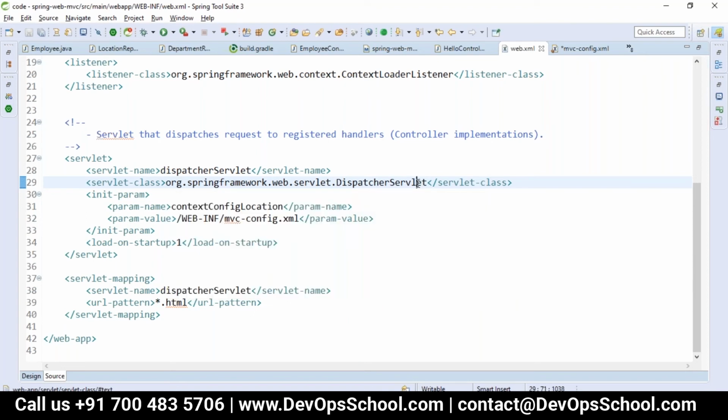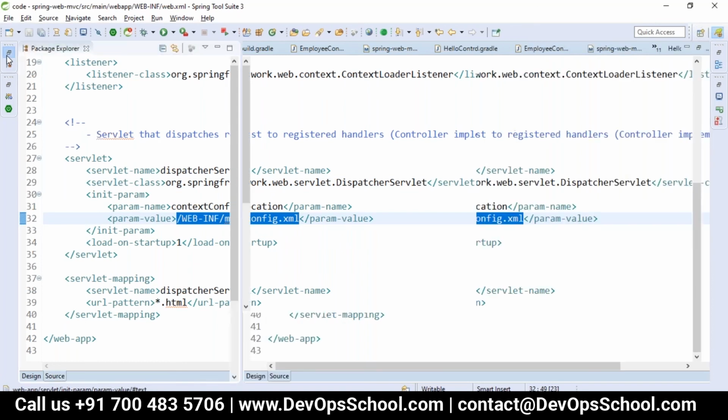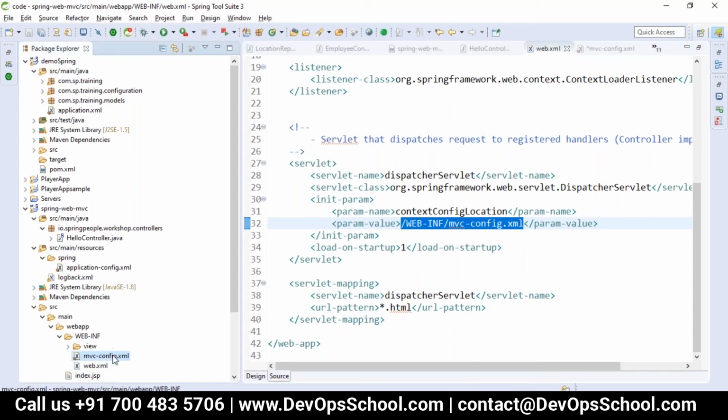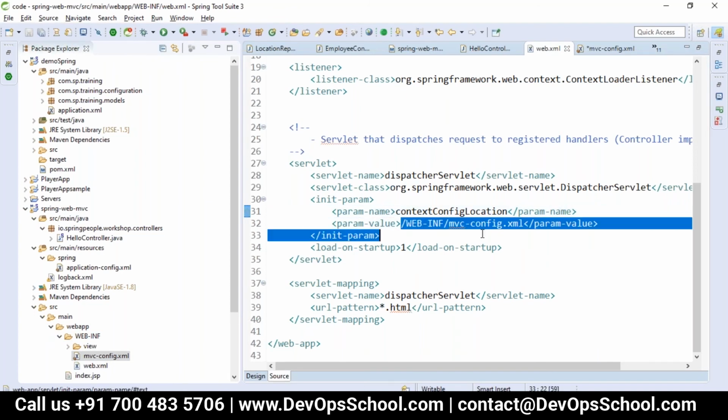For that, you have to give the location of your XML file. As it is a web project, our resources should be inside of WEB-INF. So inside WEB-INF, we have an MVC config.xml.